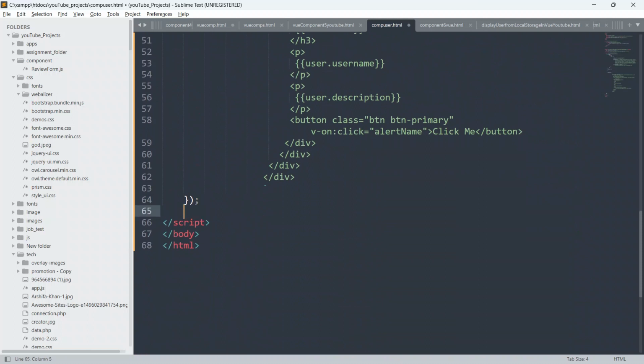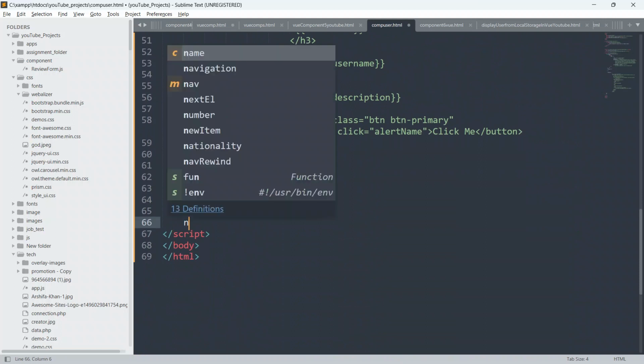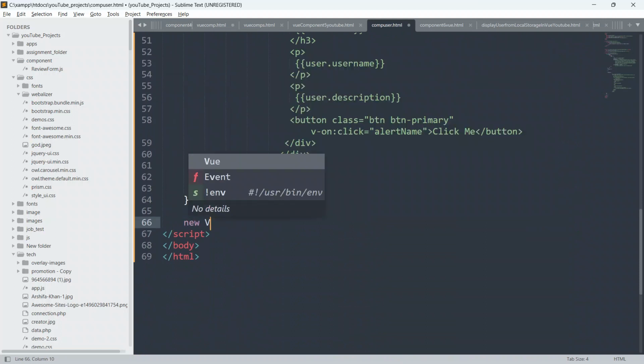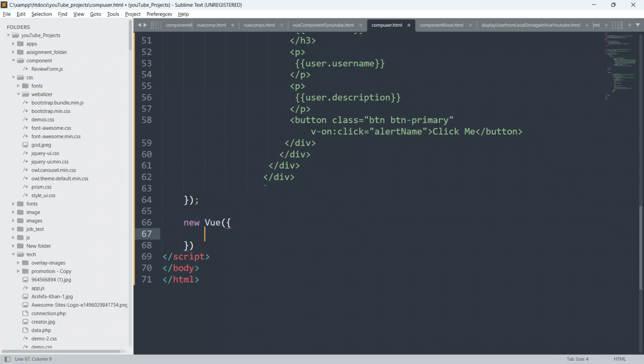So what I will do: new Vue, and I will say open and closing parenthesis. Inside this I will give open and closing curly braces, and I will give el. Guys, here el means element. Give double inverted commas and put hash, give app.